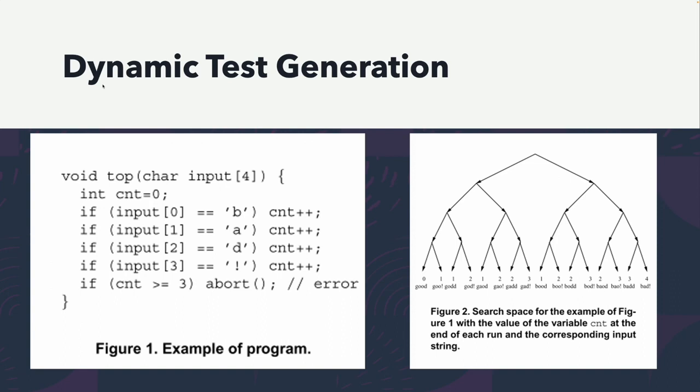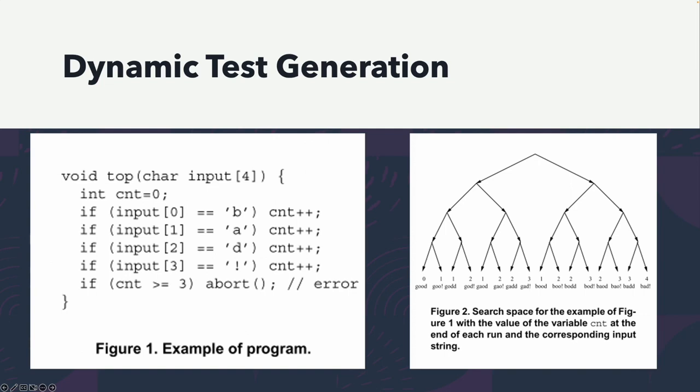The third follows similar logic, so it will check the third character. If it is equal to D, the cnt variable will increment by 1. And the fourth if statement will check if the fourth character is equal to the exclamation mark. If it does, the counter cnt will increment by 1. Finally, if the count variable is greater than or equal to 4, the function will call abort and report the